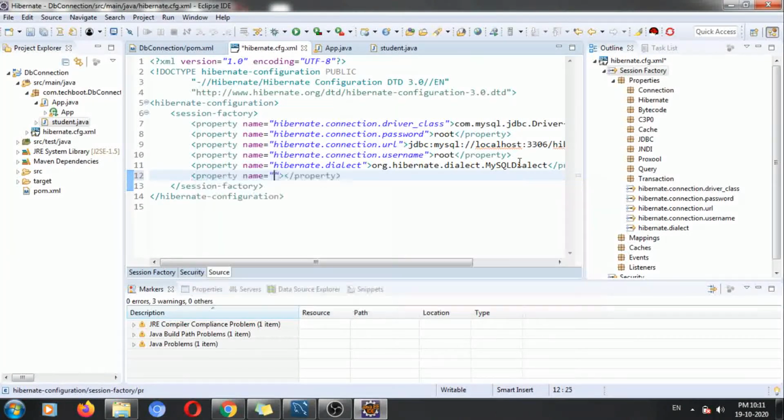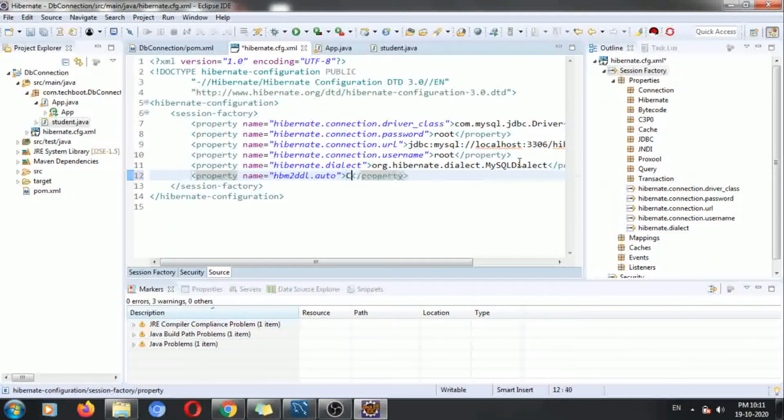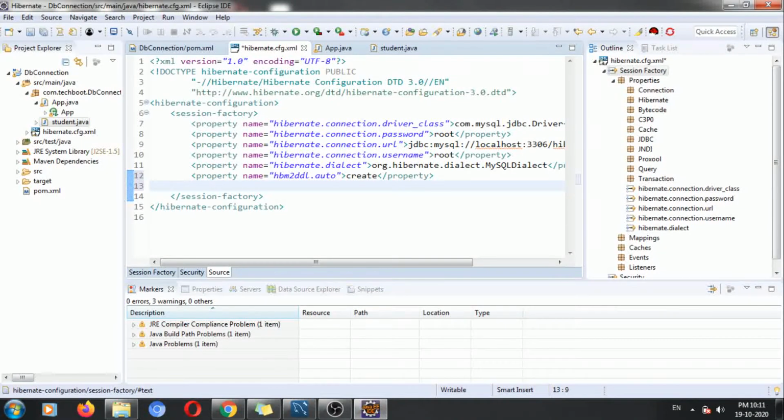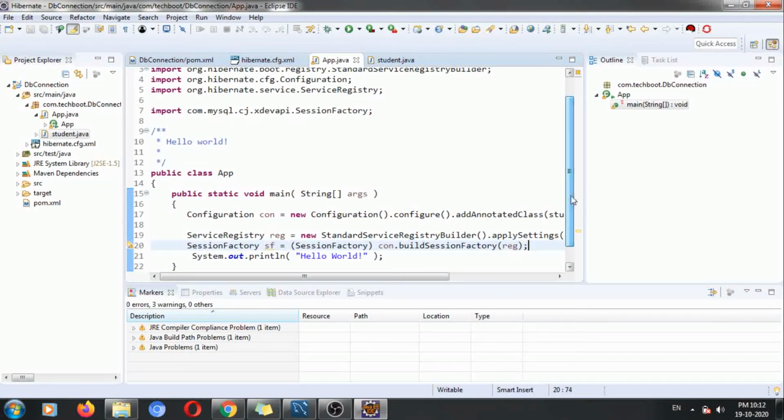In the settings I want to set up some properties. Now hbm2ddl.auto is equal to create. Here we need to specify what we need to do every time, meaning whenever this application is run, is it going to create new tables, or is it going to update the existing database or the table that we provide here. Now let's say I want to use one more property, called show_sql, and I want to make it true. See, fine. Now we got this one, and I have configured this also. Let's see whether it's going to work.